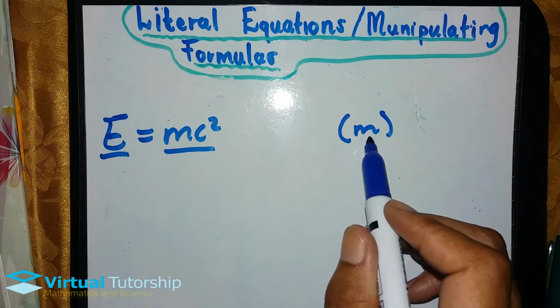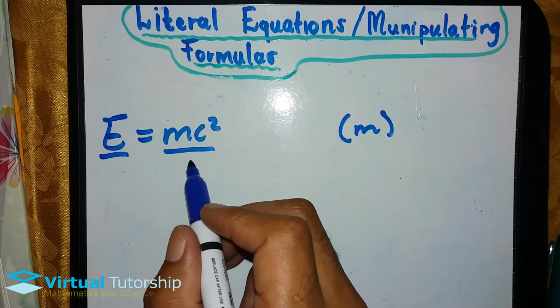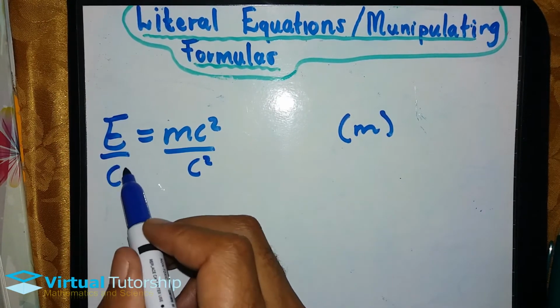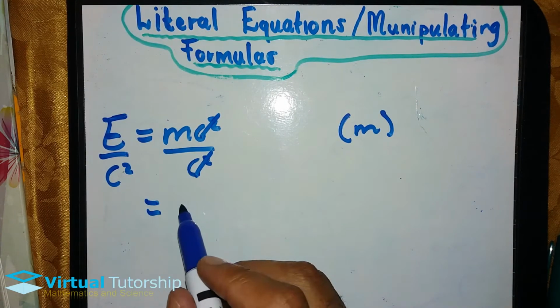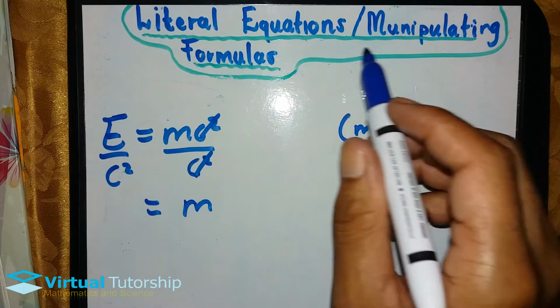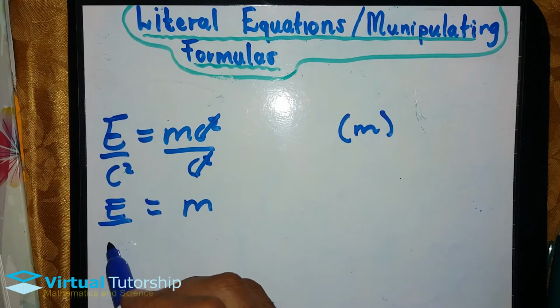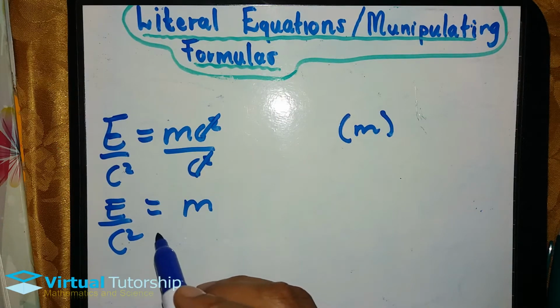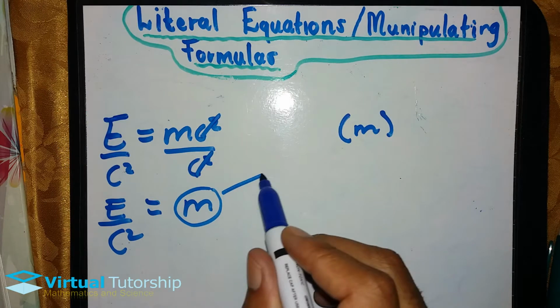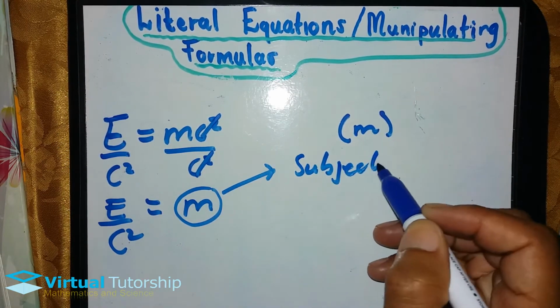But then for this case bathi solve for m, so enzani? So solve for m by dividing both sides ngobani? C squared. So aim yami ukuthi kusale bani? Only m on one side, manipulating a formula. So sinani? E over C squared is equal to m. Bheka-ke ngenza ubani? U-m the subject of